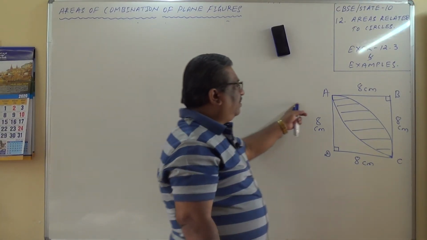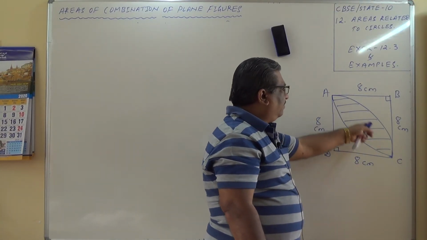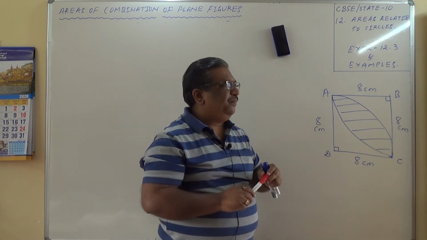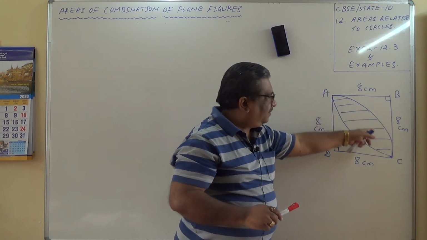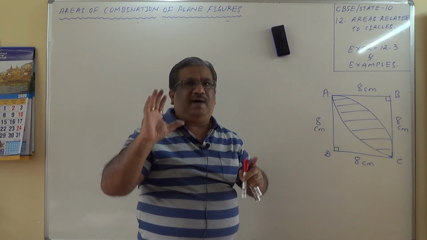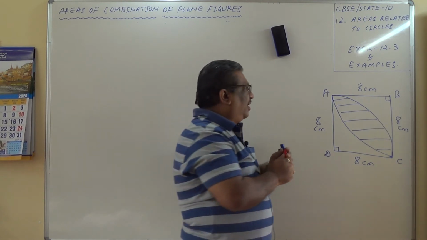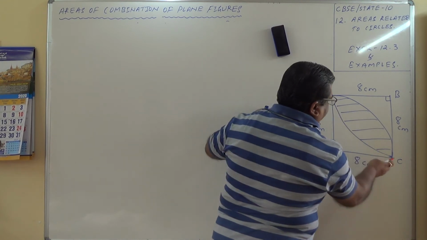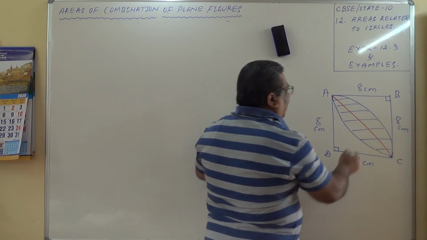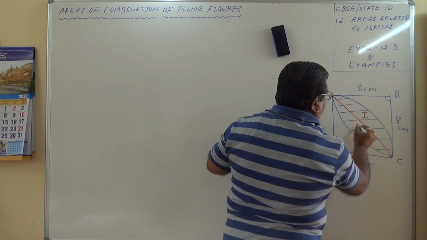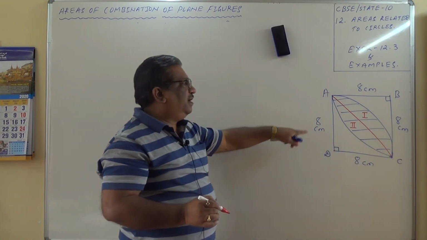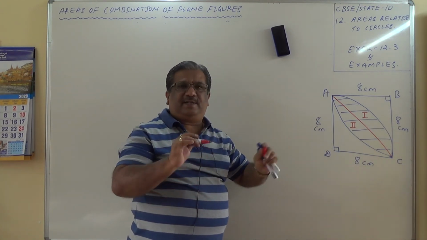Now this is the diagram given to you. We have to find out the area of this design basically. Now here a small twist is there. In order to find the area of this entire design, I am breaking this design into two parts basically, by joining A to C. Is it clear? Mark this region as 1 and this region as 2. So region 1 plus 2 gives me the area of the total design, that is the shaded region.